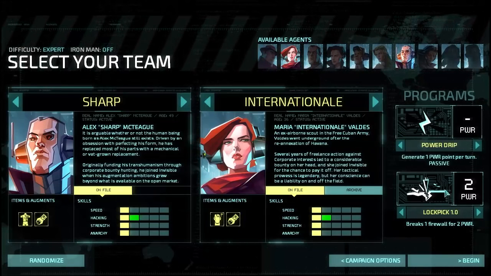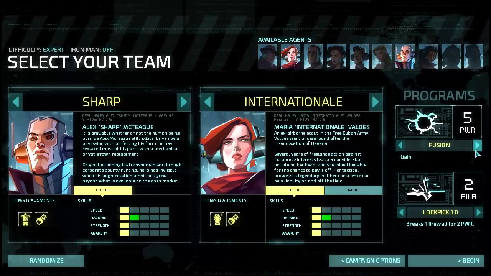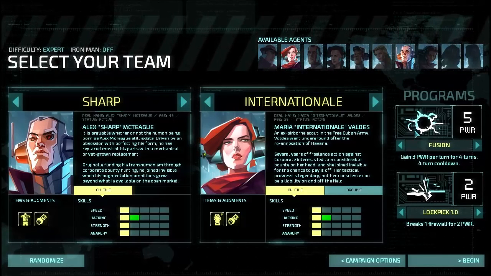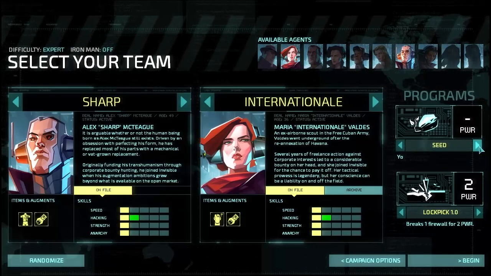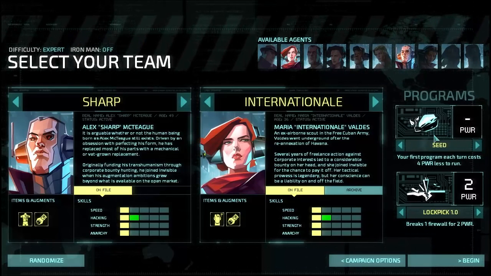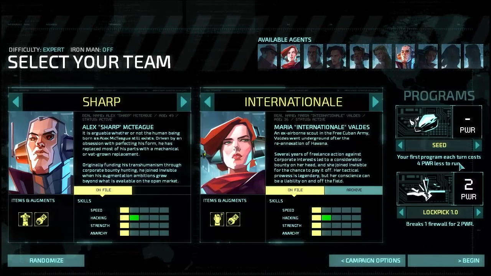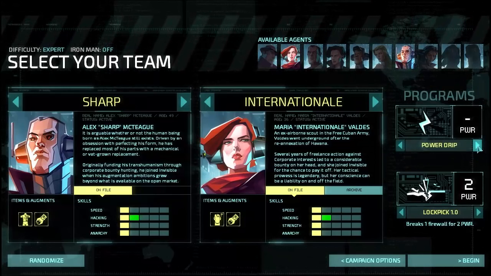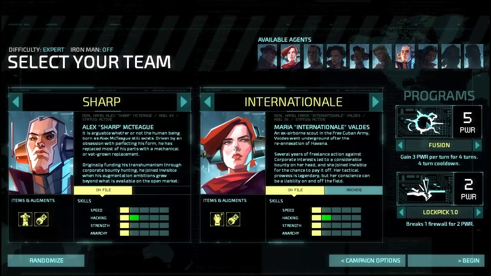And we're going to be running with a couple interesting little power options here. We have Power Drip, which generates 1 power point per turn. Or you can get Fusion, which generates 3 power per turn for 4 turns, but costs 5 power to do, which is an unusual one. And we also have Seed, which means the first program each turn costs 4 less power to run. Doesn't actually generate more power though, which is the unusual thing. Either way, we are going to start off today with the fusion power, one I've never tried before but looks